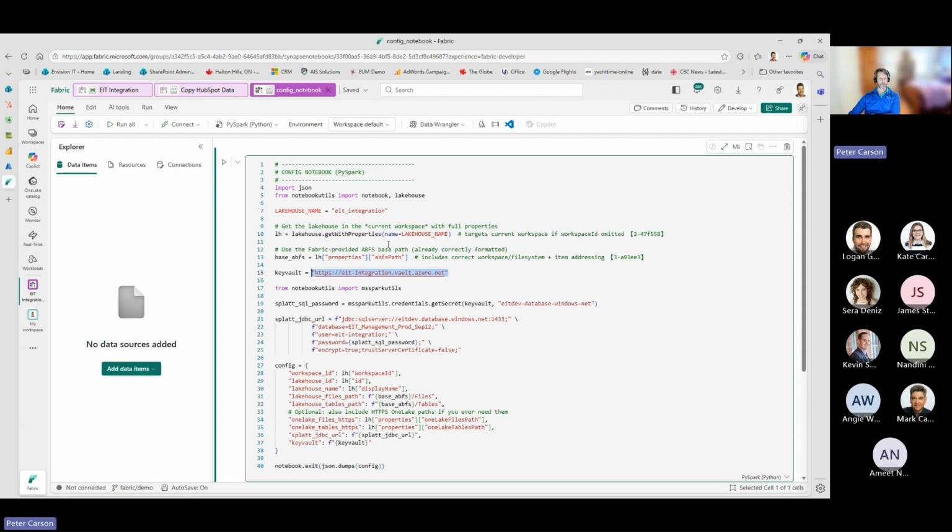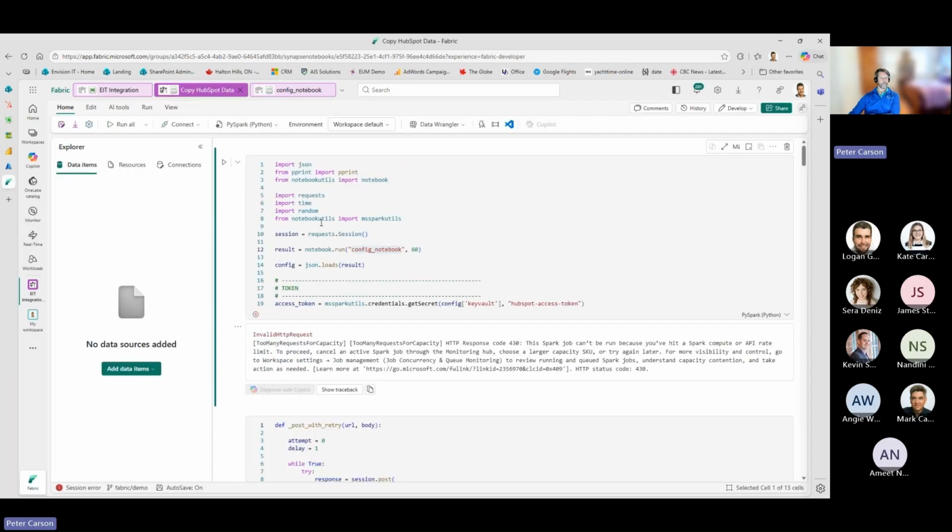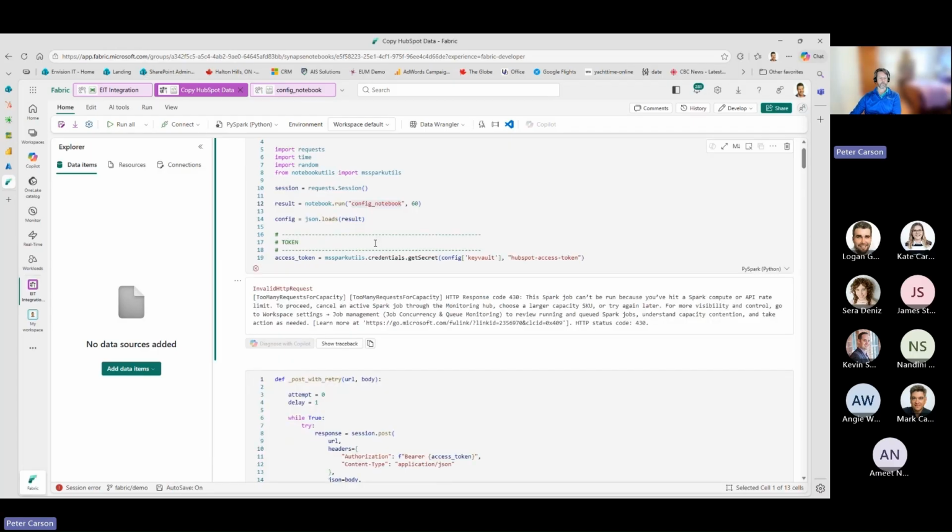But this can figure out, hey, what workspace am I in? What's the lakehouse for that? What's the SQL server that I need to connect to? What's all my workspace lakehouse information that I can calculate from there? So this notebook runs that. So it's basically a sort of a subroutine call. Go out and call that notebook, get that information, use it in this notebook here. And that way, as we've got multiple notebooks doing different things, they can all call that same config notebook and get a standard set from there.